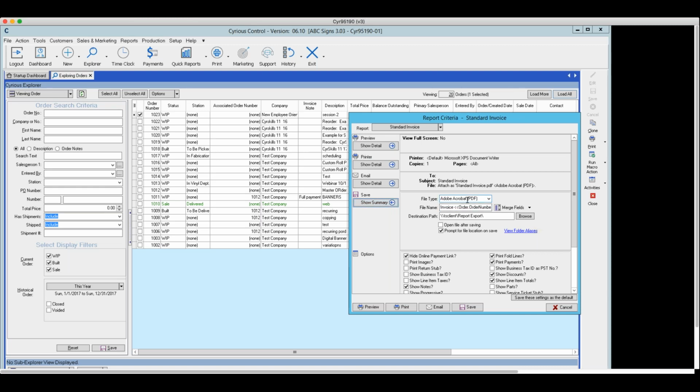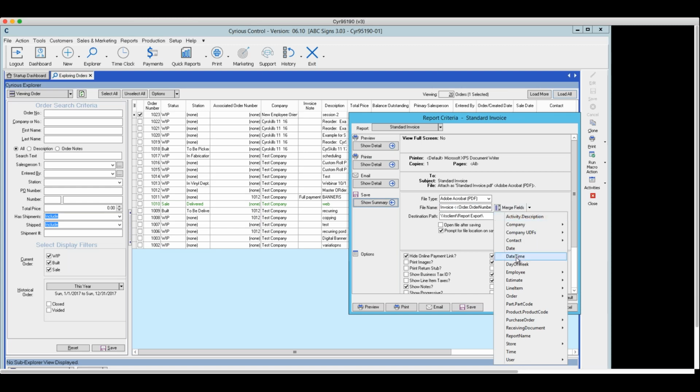Here is where I choose the format I want it saved as, a PDF file. This is how I want it to be named. And then notice you've got merge fields. Again, this applies whether it's an estimate or an order. You can apply merge fields. Previously, I had added that I wanted it to be called invoice, and then this thing with the two little less-than symbols is a merge field that I selected out of